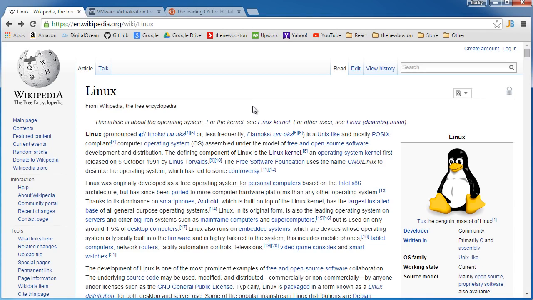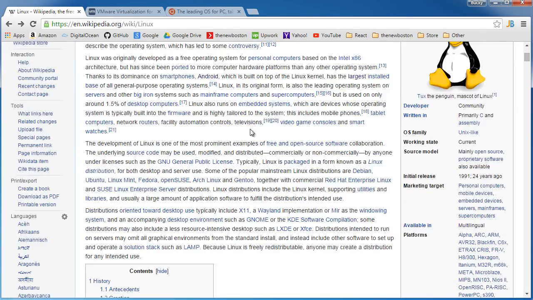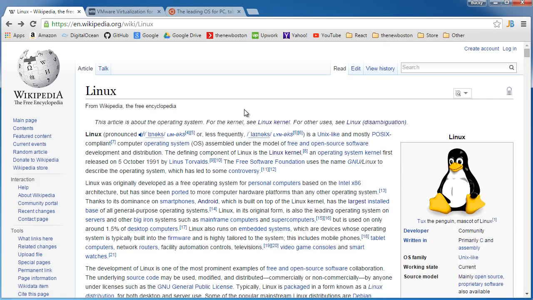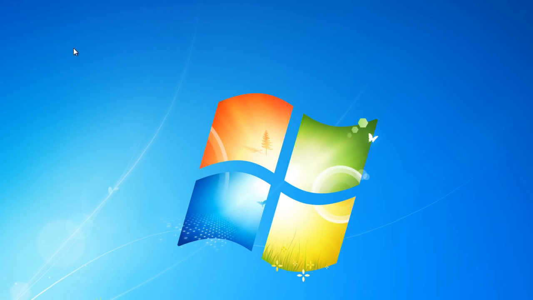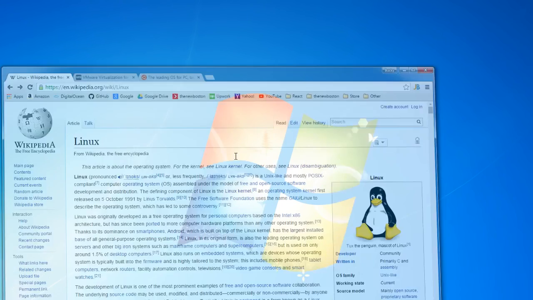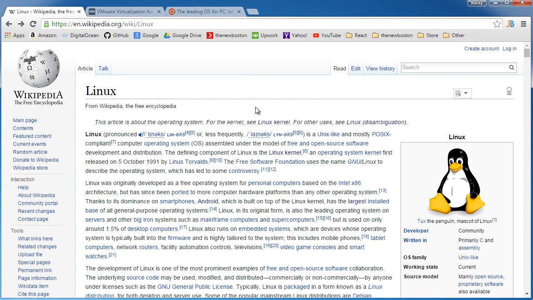So sounds pretty awesome. I mean, Linux, alright, sounds pretty cool. Let's go ahead and play around with it. But here's the problem. You see, there is no way in the world I am uninstalling Windows and installing Linux, no matter how cool it is, because I got a bunch of stuff on my computer. I don't want to mess with any of my files. Got all my pictures from my girlfriend on here. So what can we do? Well, you have a couple options. So just like any operating system, what you can do is you can just install it as your main operating system.